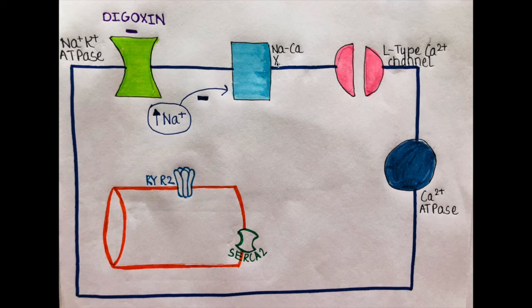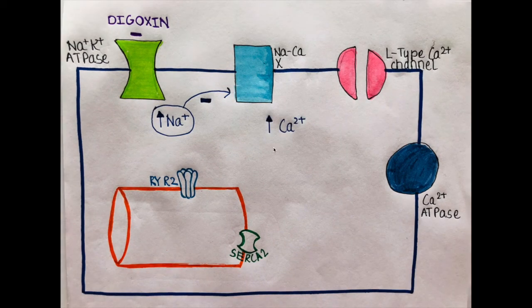Now we know how the sodium calcium exchanger works: it throws out calcium and it brings in sodium. But already the levels of sodium inside the cell are very high. So the sodium ions present outside the cell will not have a tendency to move inside the cell via the concentration gradient that is developed due to increased sodium levels because of the blockage of sodium potassium ATPase. This will directly result in the increase in calcium levels in the cytosol.